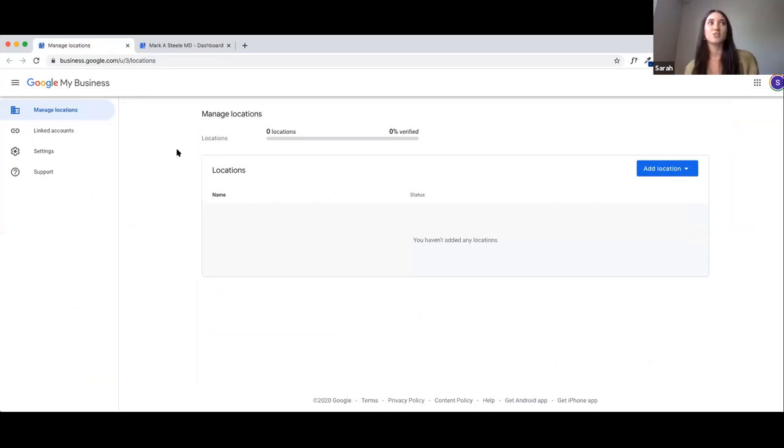Awesome. Okay. So this is just a blank Google My Business dashboard without any listings underneath it. You can see the same managed locations here at the top. In order to create a new listing, you would go to Add Location on the right-hand side, click Add Single Location,